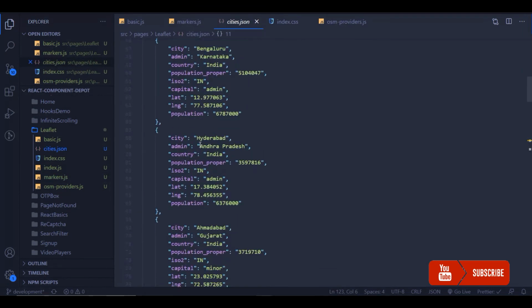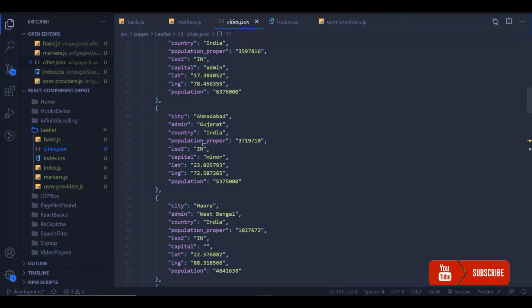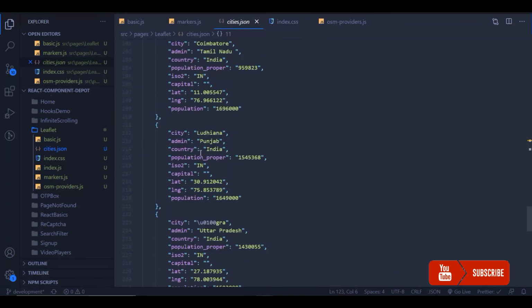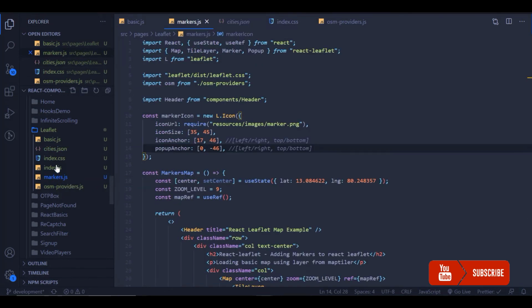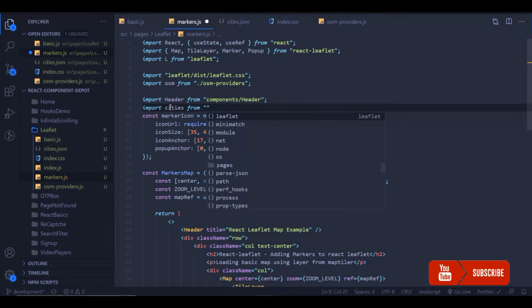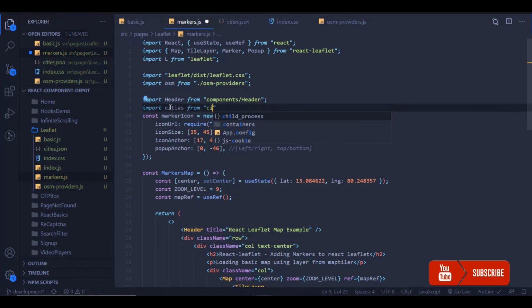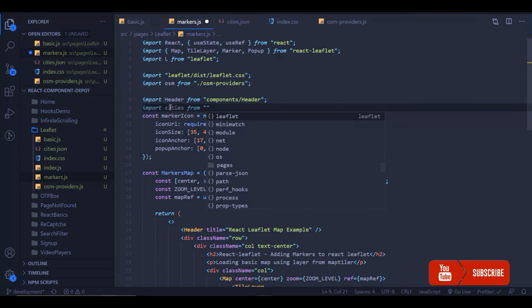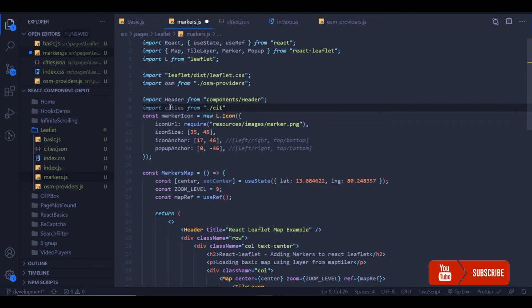Usually in our application we might need to display multiple markers that are coming from an API. So I'm going to show how to do that. So I have a list of locations with lat long. I'm going to import this JSON file. For you guys it will be different. It might come from some APIs. You can get that from the API and store it in your local state, and you can use that for the markers. So I'm going to map through these cities, and I'm going to render a marker for each city.